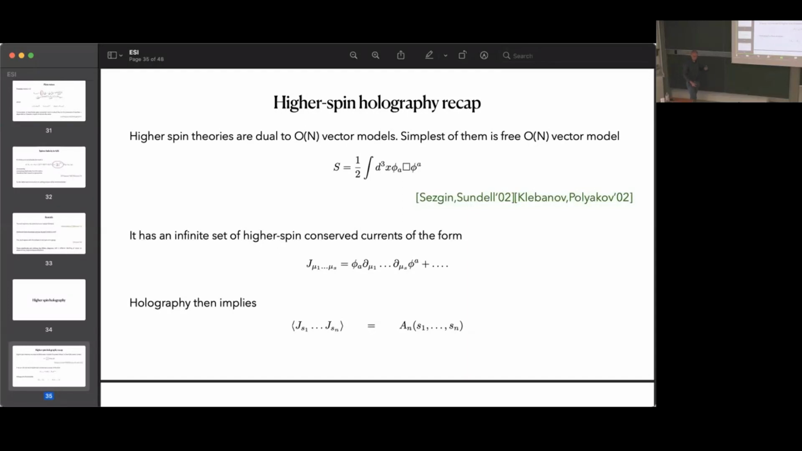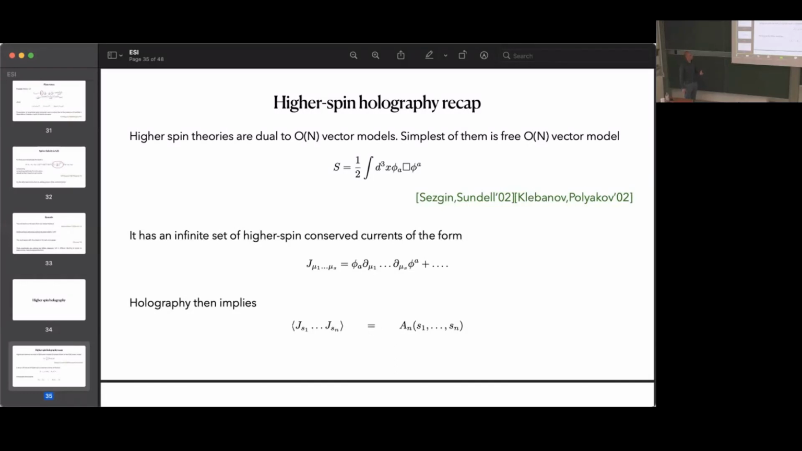Okay, now I finished with the bulk part. Now I want to discuss a bit higher-spin holography and what happens on the boundary side. And I will start by quickly reviewing things. Higher-spin theory is a part of the holographic conjecture. So if we are talking about AdS4/CFT3, then on the boundary side,